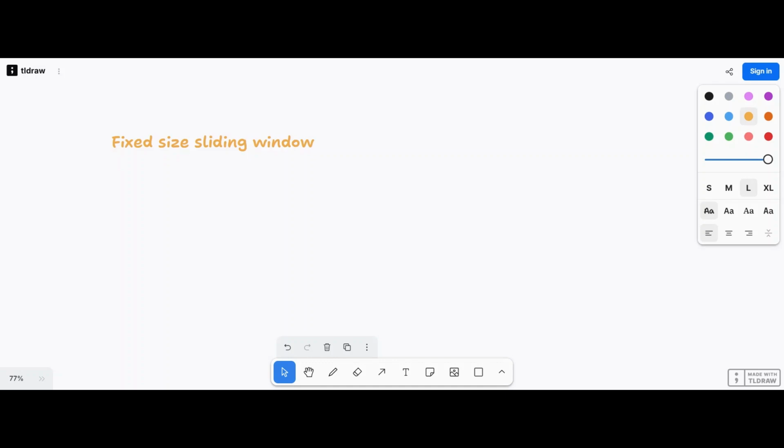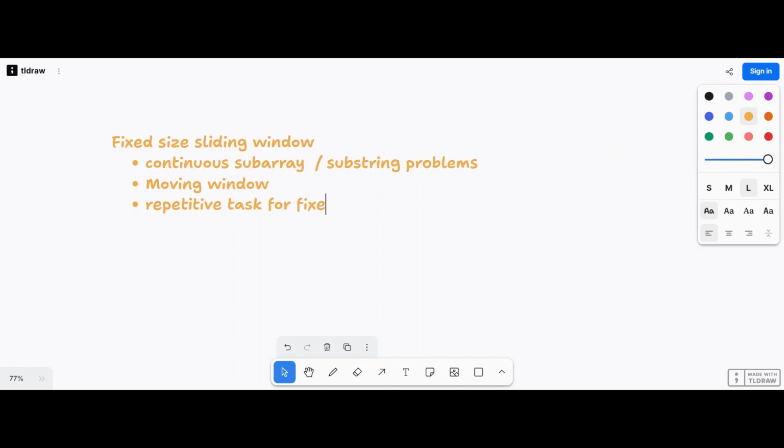So let me just tell you what sliding window is. Sliding window is usually a technique which is used to reduce the time complexity of problems which involve continuous subarray or substring related problems. So it's basically used in continuous subarray or substring related problems, and you have one moving window which you will use to calculate it. So basically it is used if you have some repetitive task. As this is fixed size sliding window, it will be used for repetitive task for fixed window size